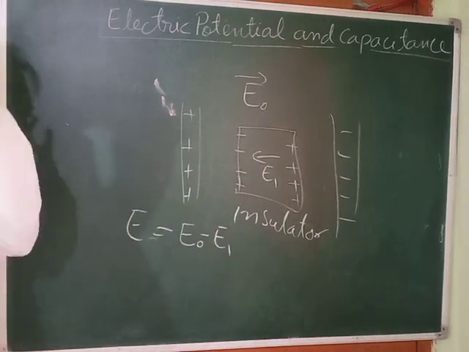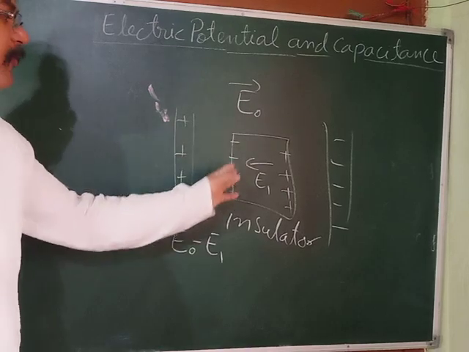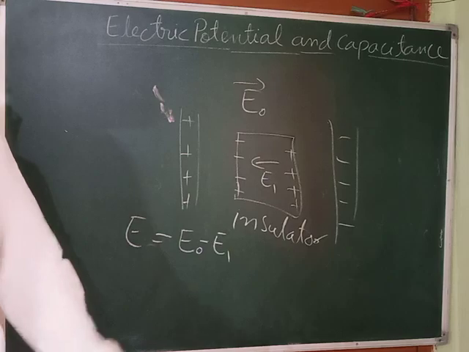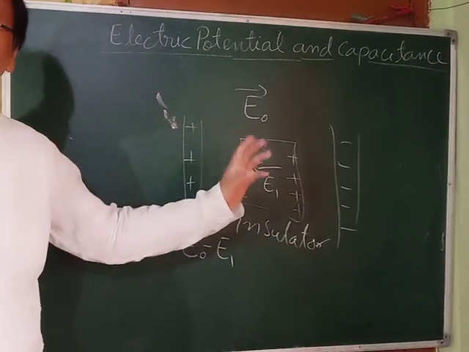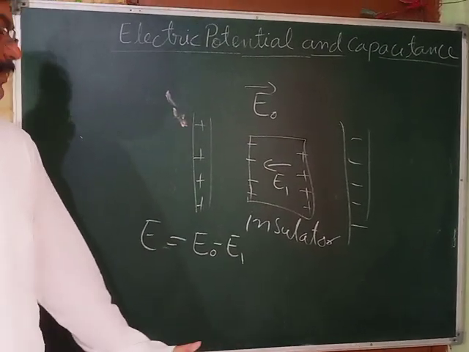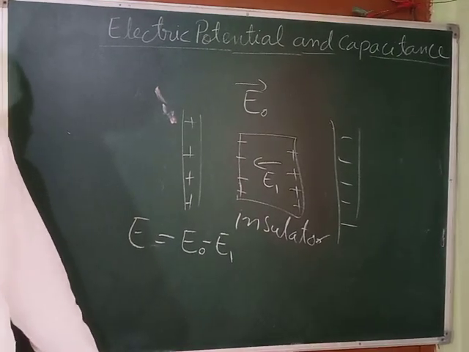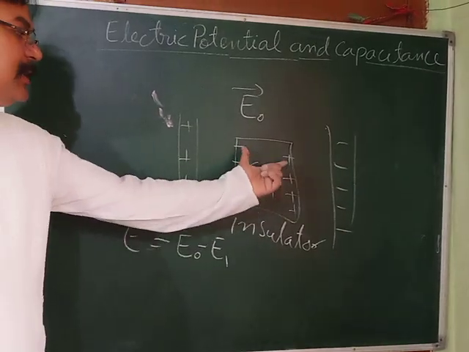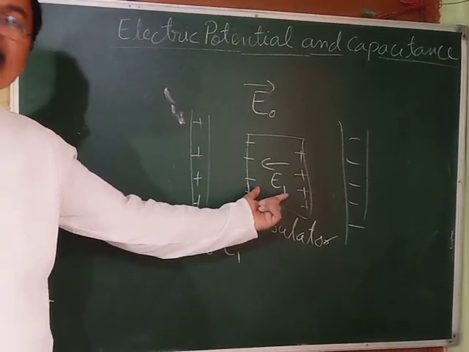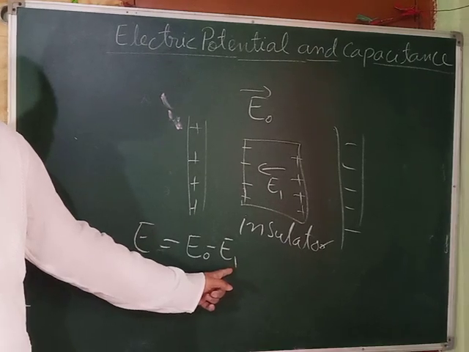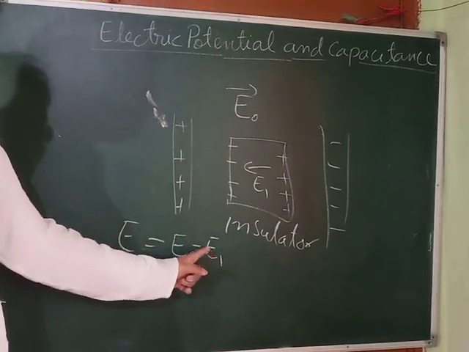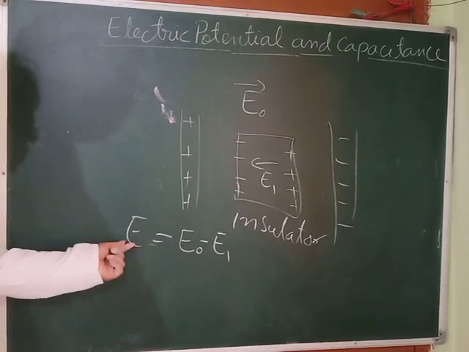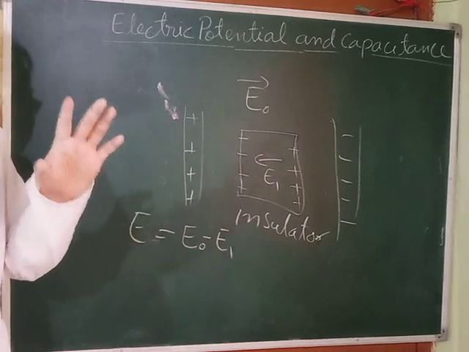Why is it positive? That means here you will find very few charges. Why? Because insulators don't have free charges. Some atoms ionize, and due to that some charges appear over there. Otherwise, it doesn't have free electrons. And that's why E1 is very, very small. The electric field produced due to induction in the insulating material is a very weak field. That's why it will be able to reduce the external field by a small amount only. Clear? So this value and this value will not have a large difference.